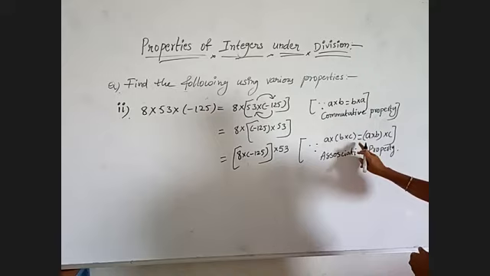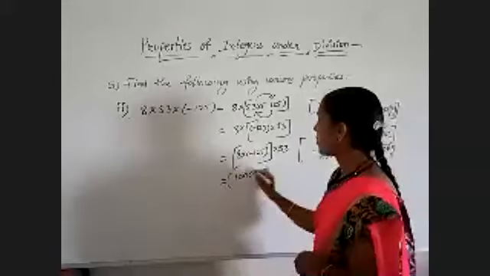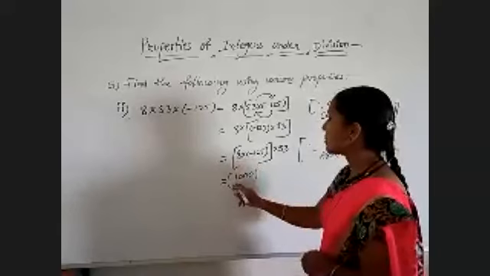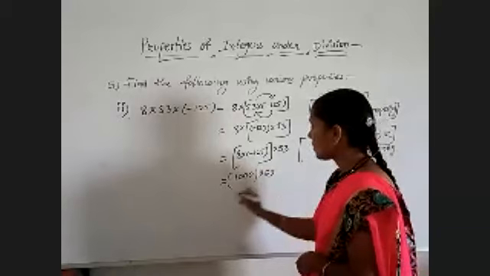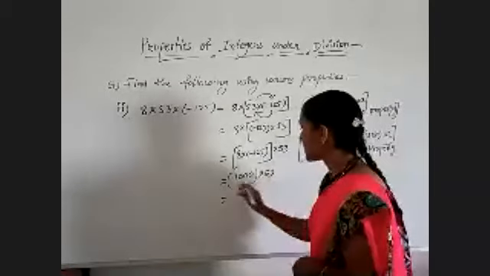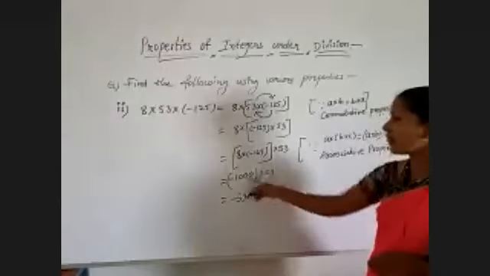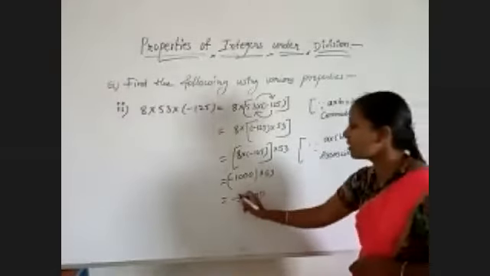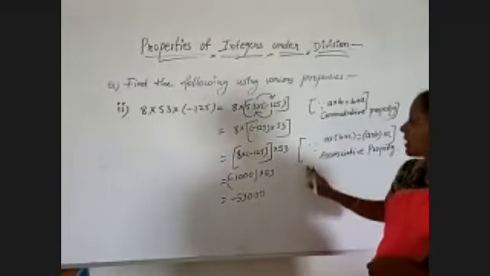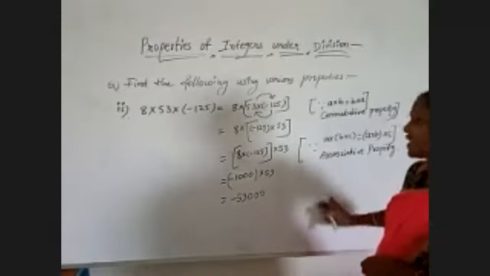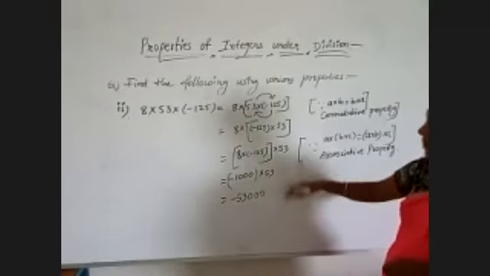Between 8 to the 16 plus 4, 20. 8 was 8 plus 2 is 10 minus 1000. So minus is plus into minus into 53. So 50 ones are 53. 3 zeros are there, so 3 zeros, and because minus is there, minus only one time we had, minus into plus is minus. So this is the result. See, by applying simple properties, we are getting the answer very easily without doing any calculations. Directly we are knowing the answer.